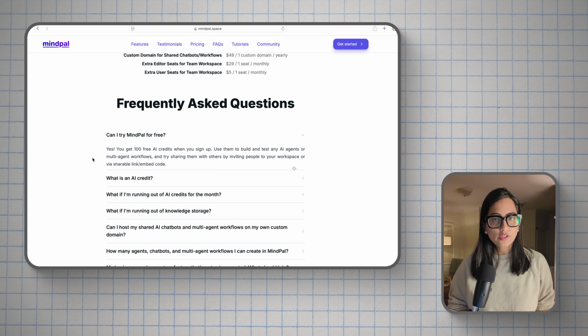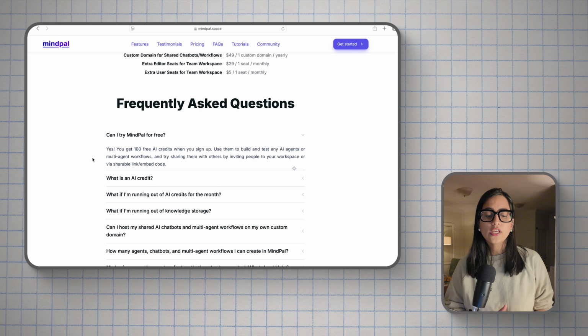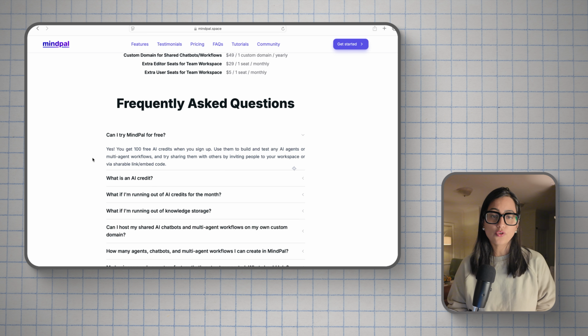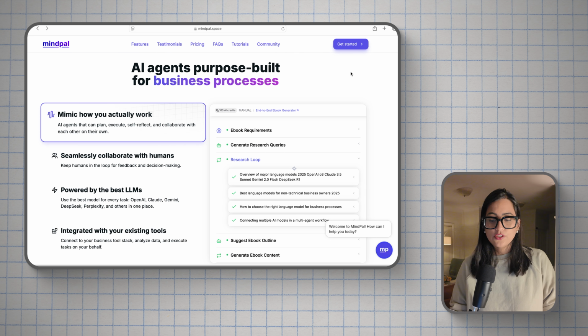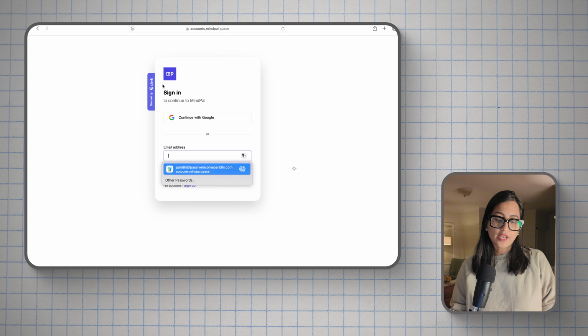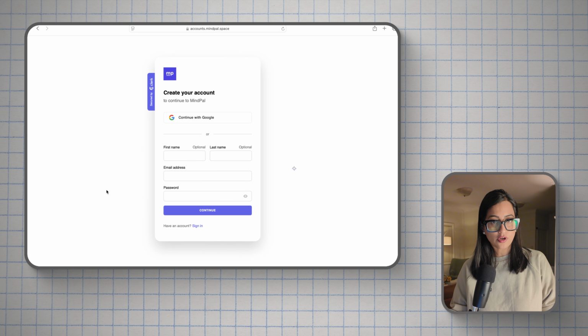So if you're totally new in this space and you're not sure about the subscription fee and you're just trying it out, you can use Mindpile for free. You can use the 100 credits for free. Signing up to Mindpile is fairly easy. Just click on the Get Started button and on the next page you can continue with Google or you can sign up with your email address. It is free and it is simple to get started with. If you already have an account, you can directly sign in or you can click on the sign up button to get started and create your account.